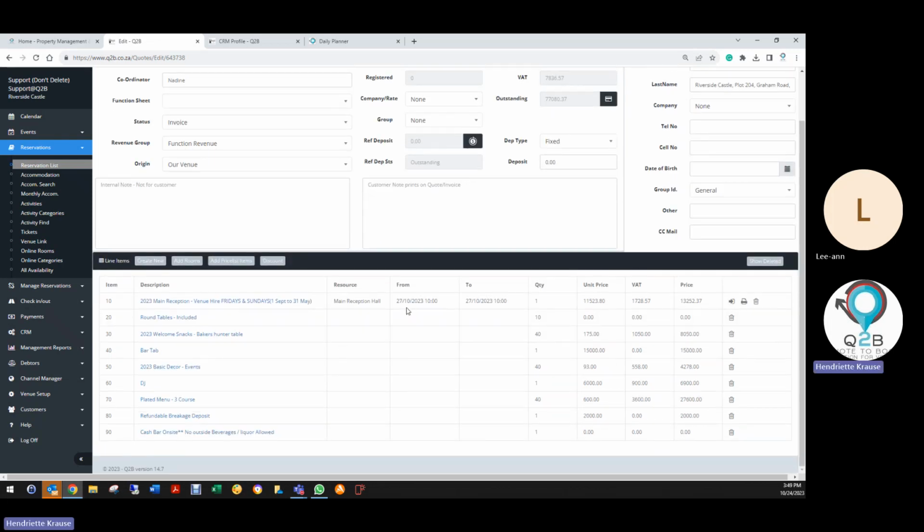So it's booked out for them. You see the times here, 10 to 10, on the same day. It can't be. They must have a start and a finish time. No, generally no one puts that in for some reason, which I would love to know because that would help